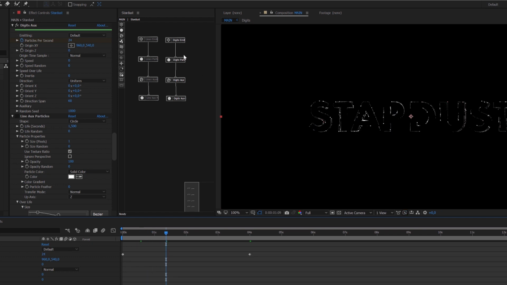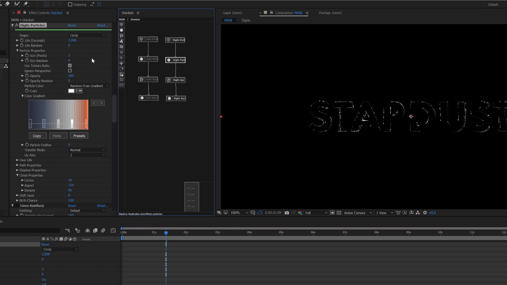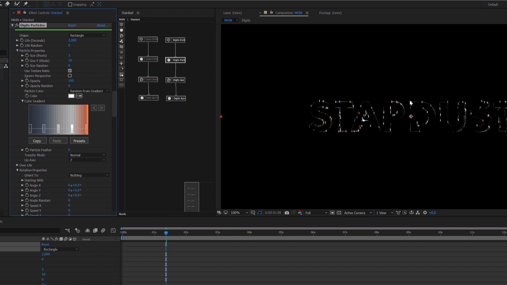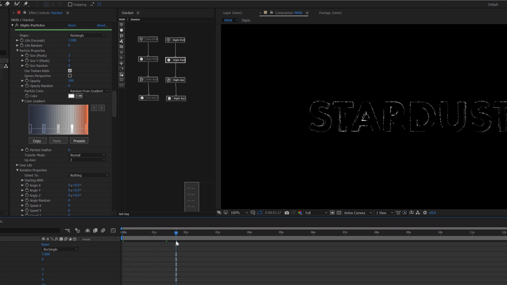And I also want to change the digits particles. So let's move to the digits particles, and instead of a circle, I want this to be a rectangle, because I want to kind of build a cursor that is more or less like writing these digits. So let's choose rectangle. Let's change the life to 7 seconds. I want these to live for a while. And now let's change the size of this rectangle to 3 on the X and 3 on the Y. Now I have these small things here, and you see now everything is pretty small and pretty fine,